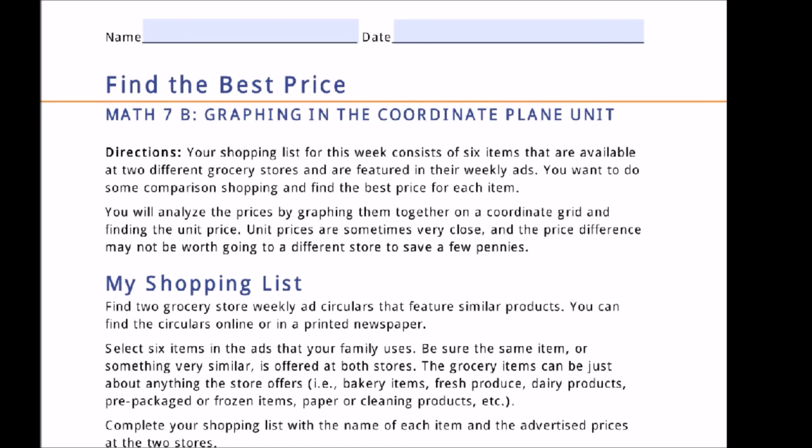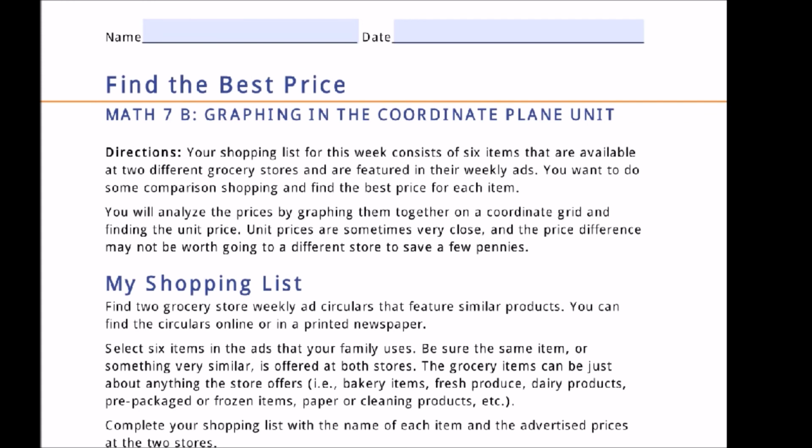Alright, welcome to the second portfolio for the Math 7B course. So again, make sure you've downloaded this page from Connexus. I'll go through this. So what you're going to do on this is first find some just prices of things,